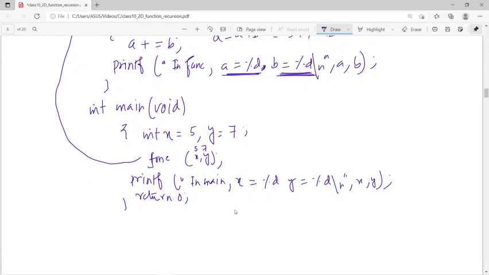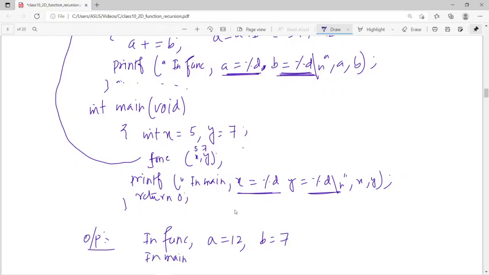So in the function, the output will be a equals 12, b equals 7, and after completion of this, it will go back to the main function, and it will print the value of x and the value of y. So in main, the value of x is printing 5, and y is printing 7. That means what I am saying is that when you are calling by value, or you pass the value,